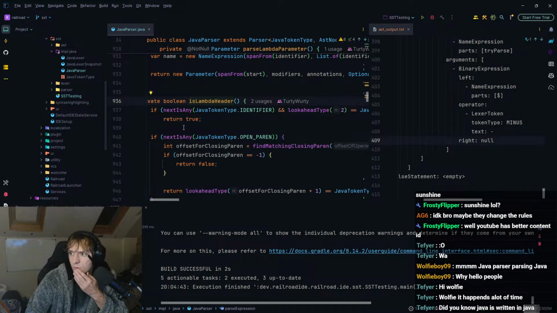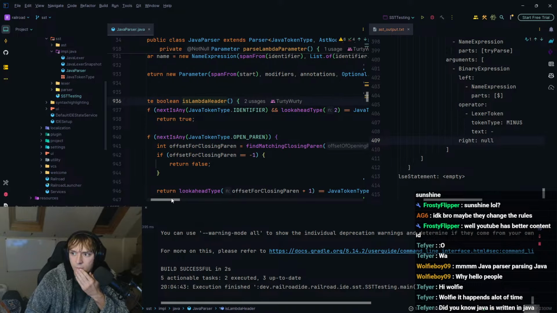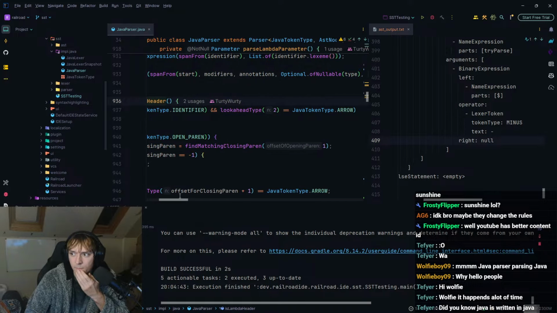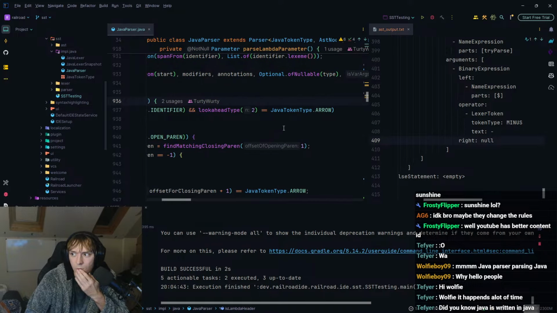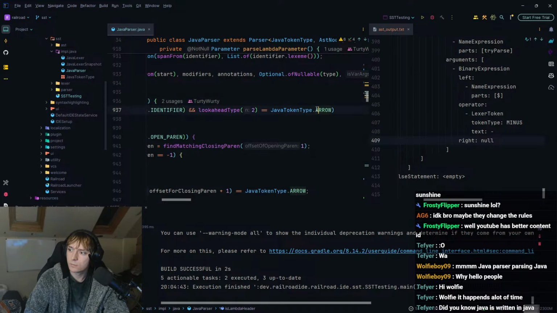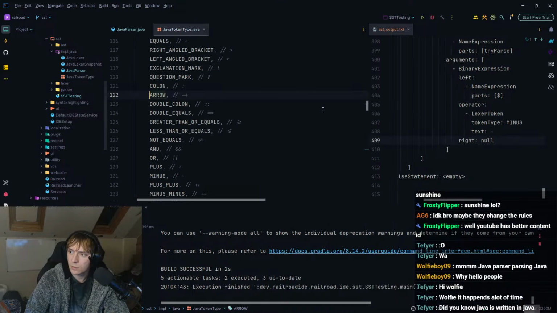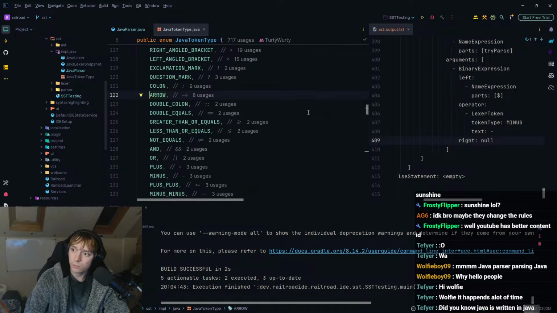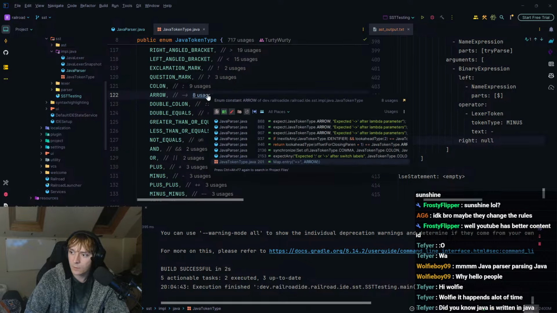Let's have a look. So if next is any identifier and the next is not an arrow. Interesting. Oh, you know what that means? That means the issue is actually the lexer, funnily enough.